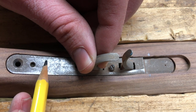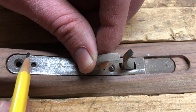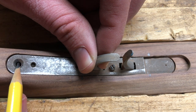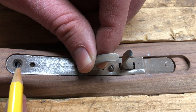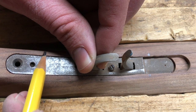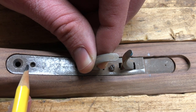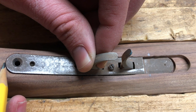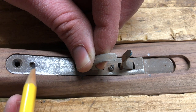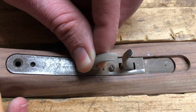the best that we could do that I think would be acceptable is, if we can't get rid of this gap, we could try to make it even all the way around at least. So I'm hoping that where I had this hole will secure the trigger plate even left and right, and then in a spot forward and back so that this gap is maintained. See how this would have the gap all the way over here, or this would have no gap here but gap all the way here. But if we centered it and just tried to maintain an even gap all the way around,